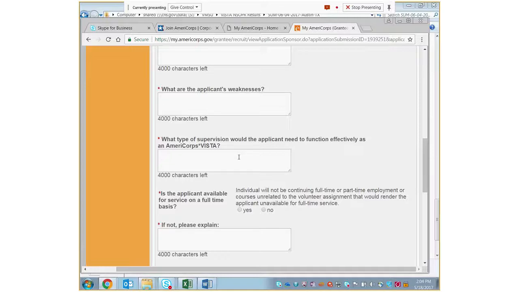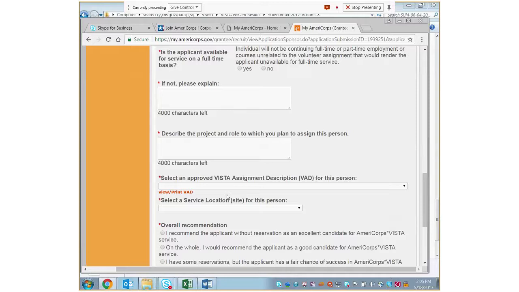It's a good question for the interview process, asking the candidate what type of supervision they need. The answer to "is the applicant available for service on a full-time basis" must be yes. If it's not, you should not be even choosing this person for service. You're then going to describe the project and the role that you plan to assign the individual.